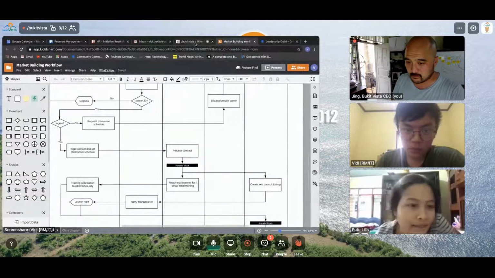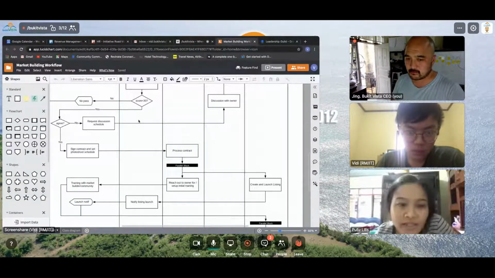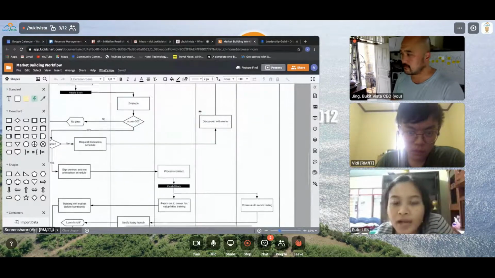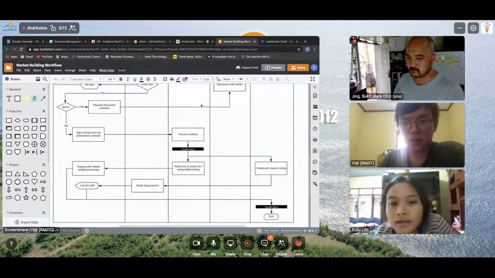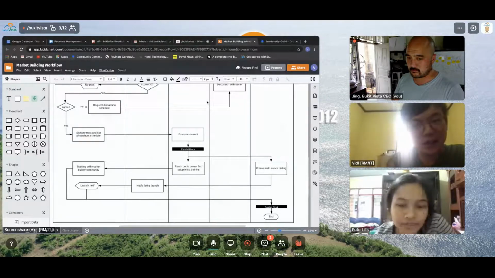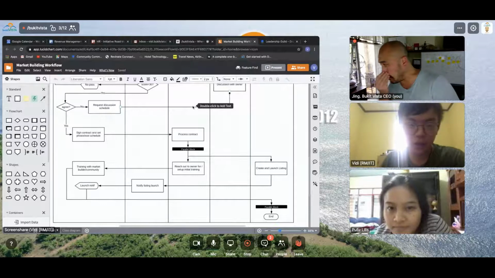If it passes, then they have to agree or not with the revenue projection. If no, then they can request a discussion with the revenue manager. Perhaps we can give an explanation regarding how the revenue is predicted, and anything else is outside the system. Lolis, can we try to explain the difference between the current design and the